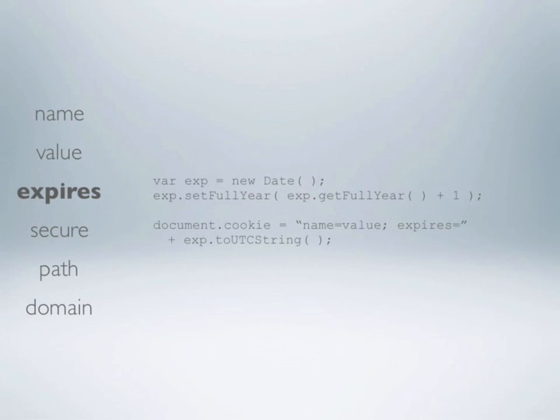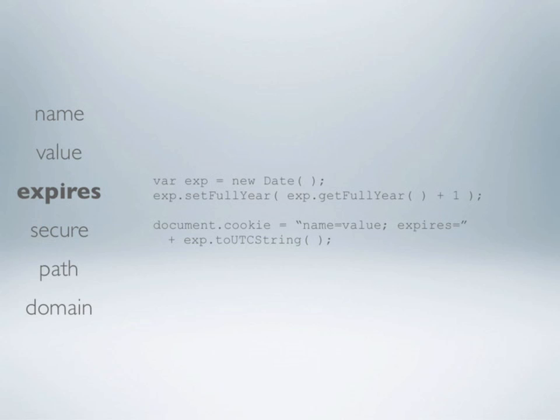Now that we've talked about dates and times in JavaScript, this little bit of code should make sense to you. What we're basically doing here is we're creating a new date object called exp, for expires, is what I was thinking. Of course, that new date object starts off containing the date and time of its creation, and then what I do in the next statement,